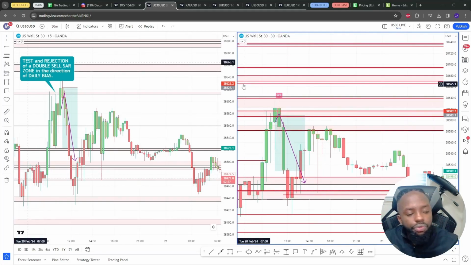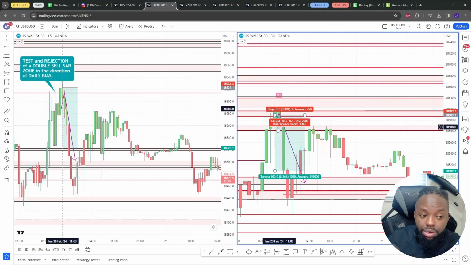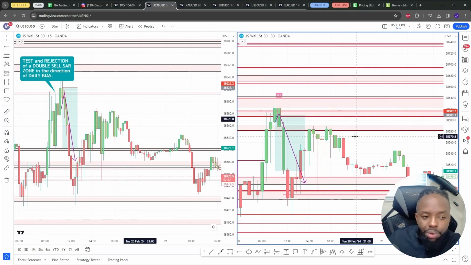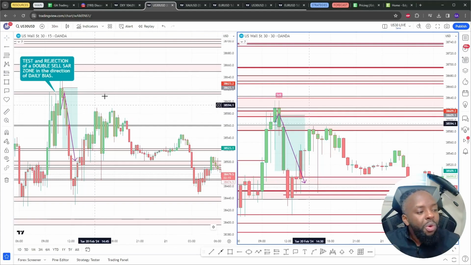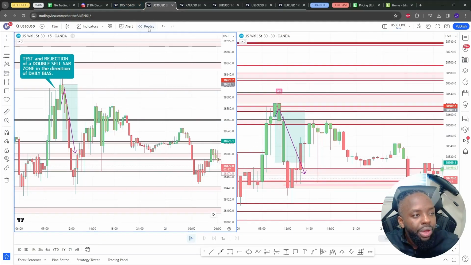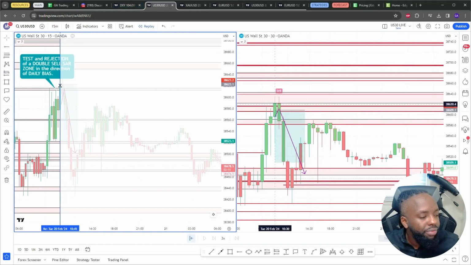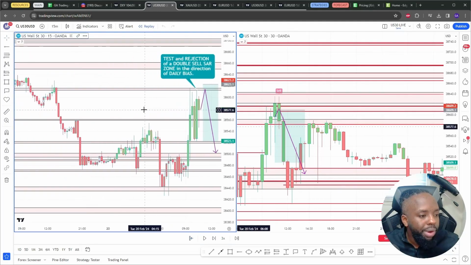So then I told folks, since on the 30-minute time frame price had gone down first, and I hadn't already hopped into the trade because I just needed some retracement back up. So I wasn't trying to chase a trade that somebody else would have been at break even. So I said all wasn't lost. We had a 15-minute setup as well. Now on the 15-minute setup here, if I go here and do the bar replay for you,